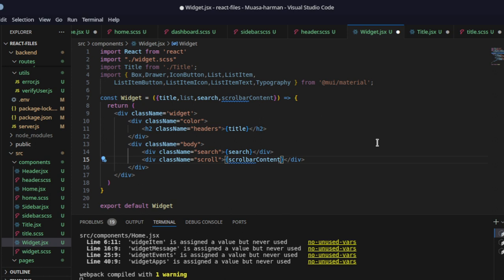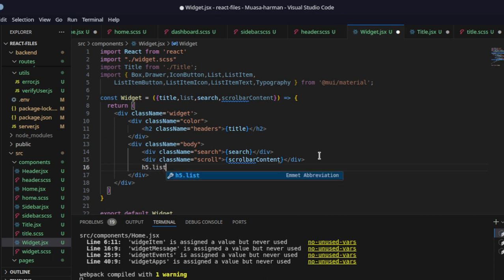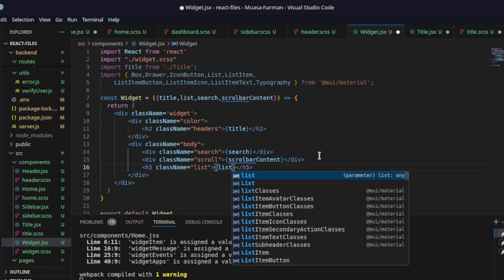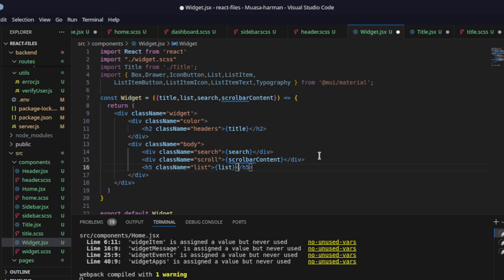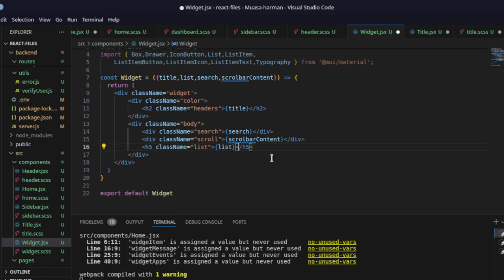Why is it fishy? But anyway, let us see. We're going to have another h5 tag that is going to have a class of list. Then the lists, we will use it as a parameter there. So with that in place,